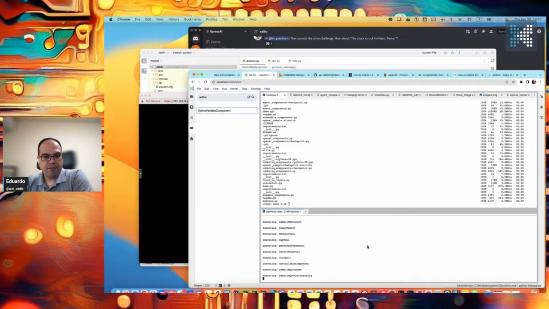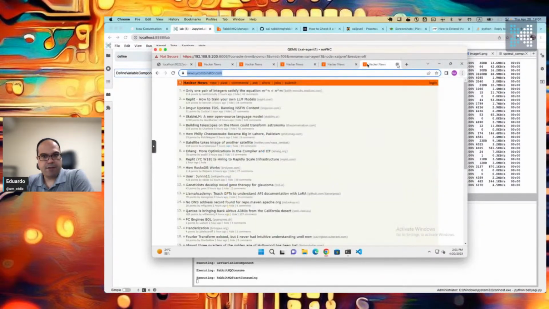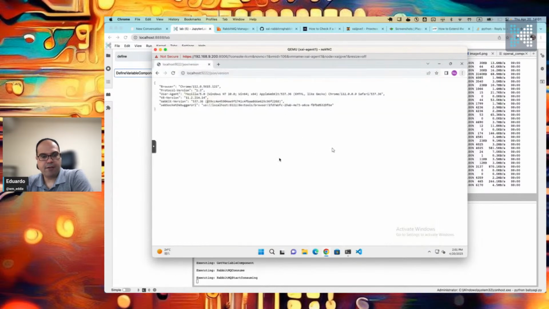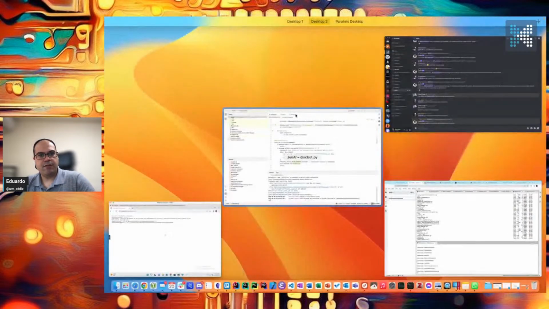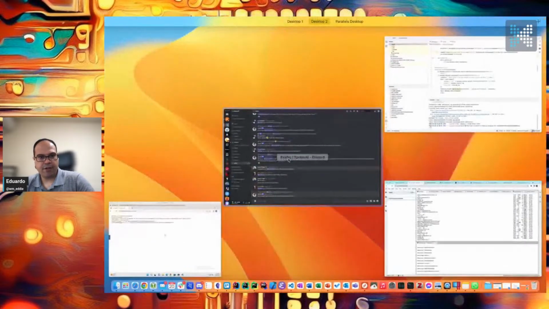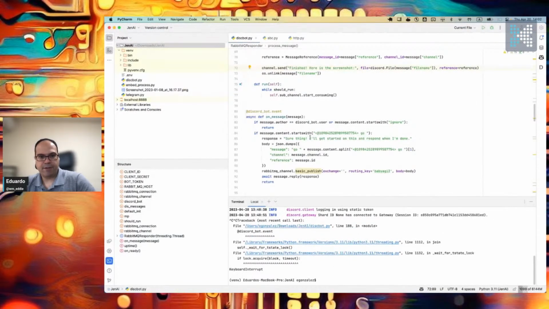Okay, so now let's close and let's do something other than Hacker News real quick. I think let's do lobsters. Lobsters is like Hacker News, but better. But does Jen know what that is? Am I running the bot? I am. Oh, wait a second. Okay, so